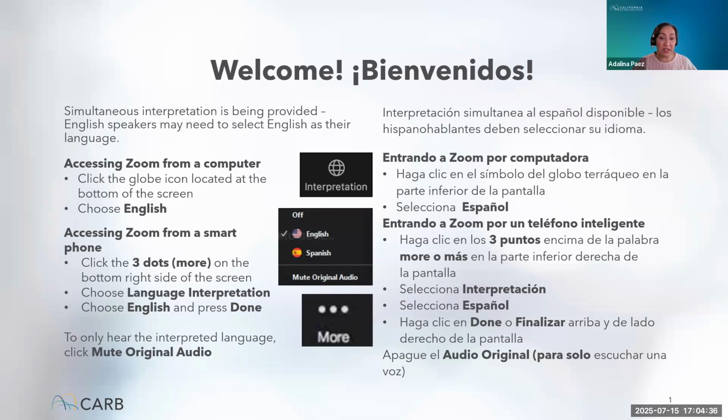Please note, American Sign Language is also available today, and we also offer captions for this meeting. So to enable or disable captions, click the More button and choose Captions. I will hand things over to our interpreter